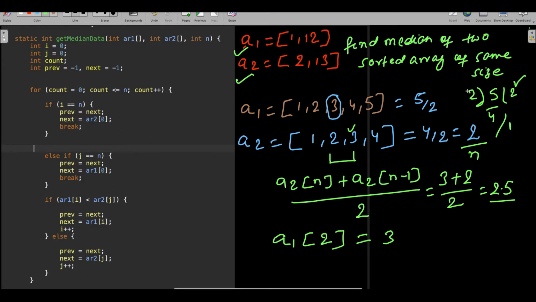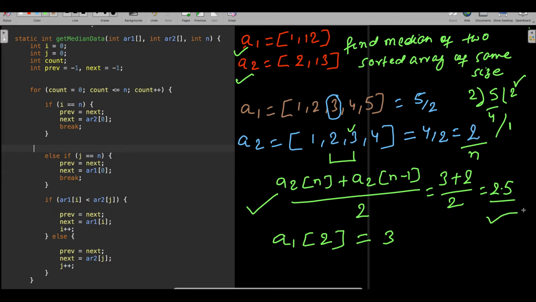So by integer division you'll get 2. So when you get 2, you can go ahead and select whatever index you are getting, with the a1 of n formula. But when you divide and get an even number, please use this formula: a2 of n, the array of 2 at the index you got, plus the array of 2 at index n minus 1, divided by 2, which is nothing but the median.